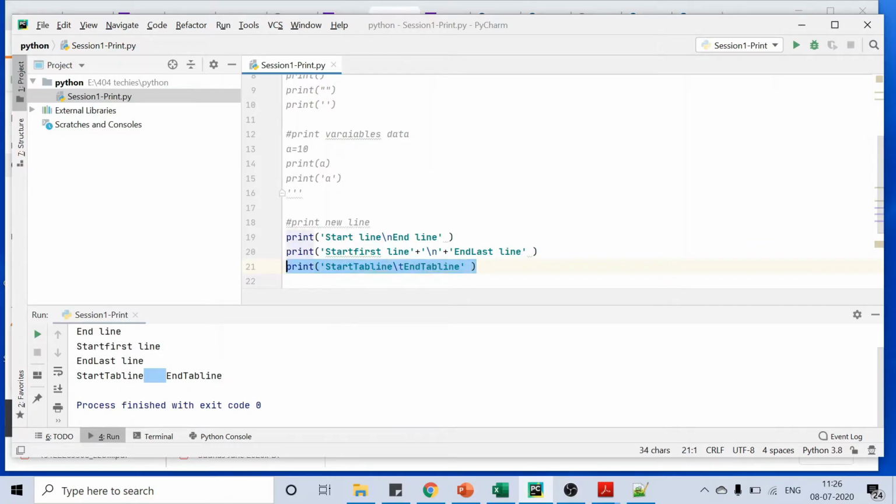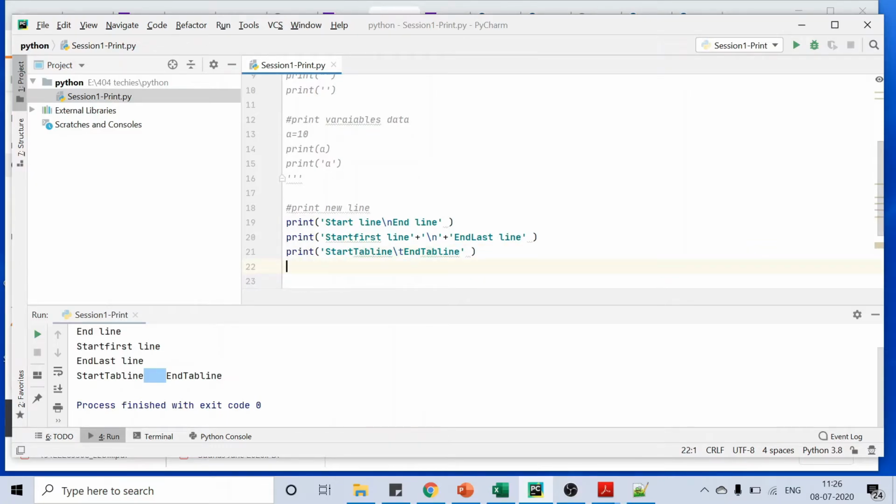And similarly for carriage return also. Carriage return will basically remove the text we give before it, so that data won't be coming.